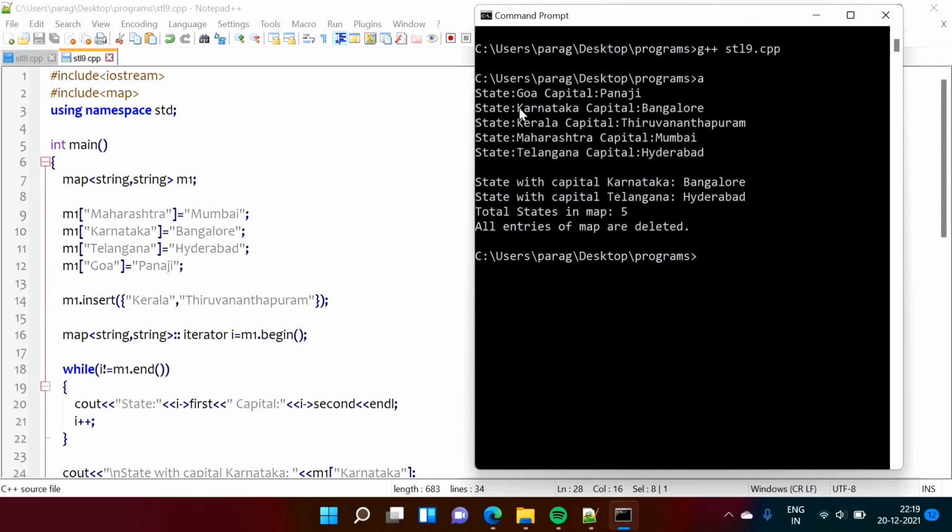Now compare Karnataka and Kerala. Both start with K, right? In this situation, it will compare the second alphabet, A and E. A is earlier, that's why Karnataka is the first entry, and after that comes Kerala. Accordingly it will get sorted, and the remaining things are the same.